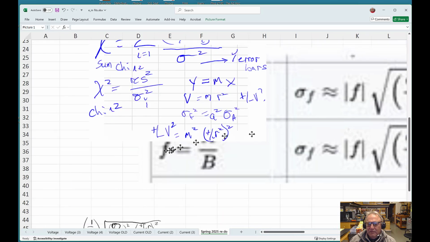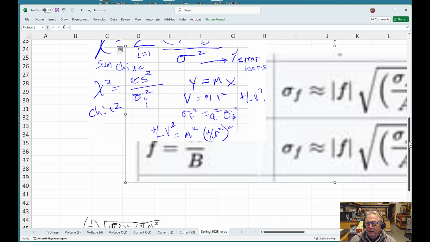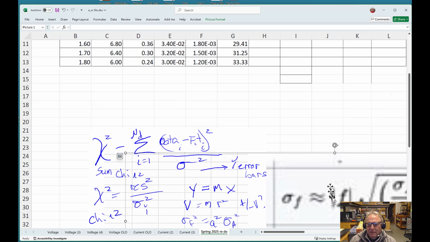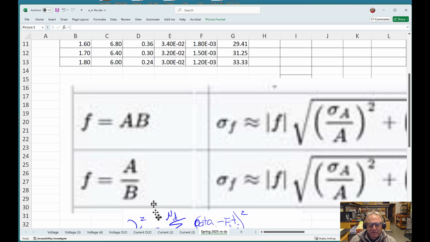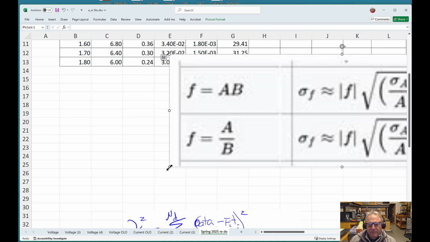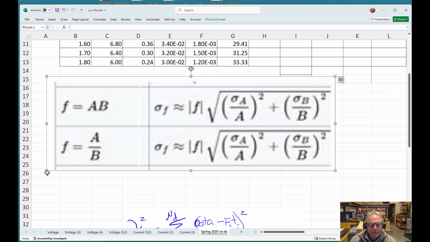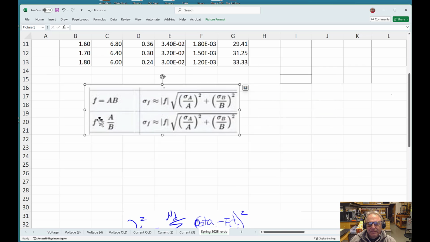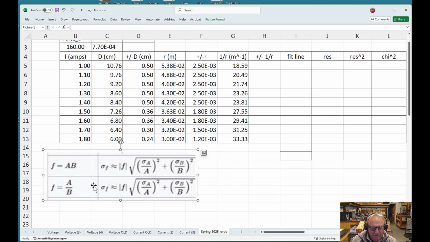And let's get this out of the way. We need that a little later. And we can make this smaller. I think we can make it smaller still. There we go. So we look at